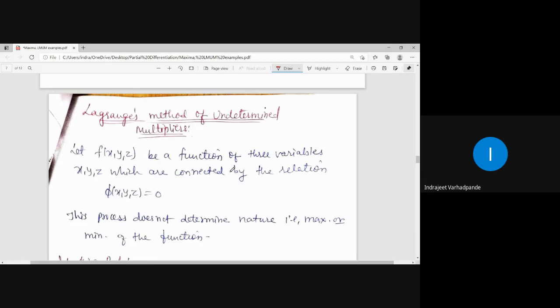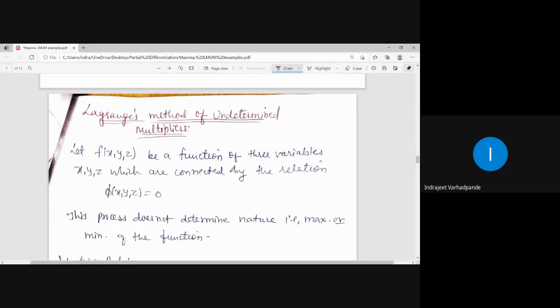In maxima minima, as we are discussing it in the unit or module of partial differentiation, we are only concerned about two variables. So maximum and minimum conditions are available only for functions of two variables. So in some examples wherein there are more than two variables, suppose a function is a function of x, y